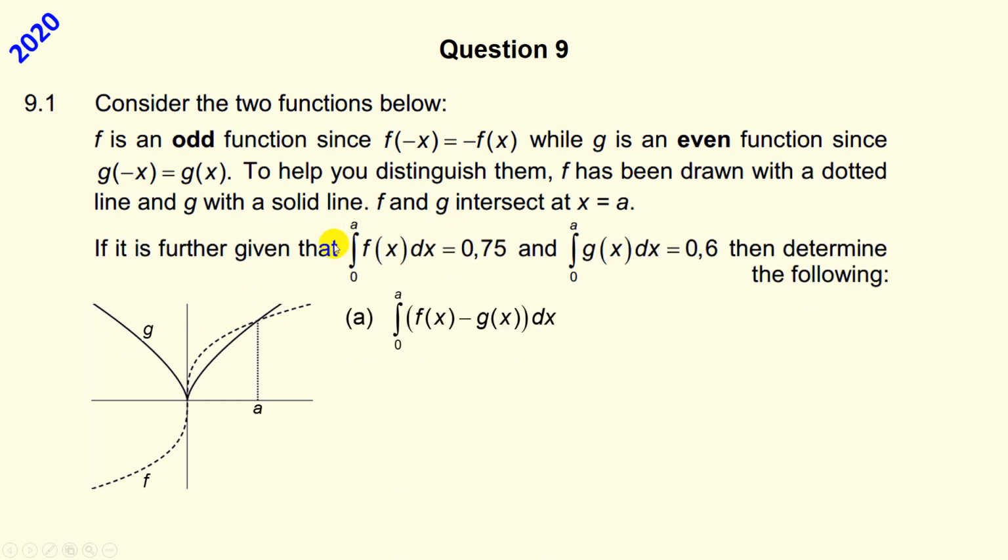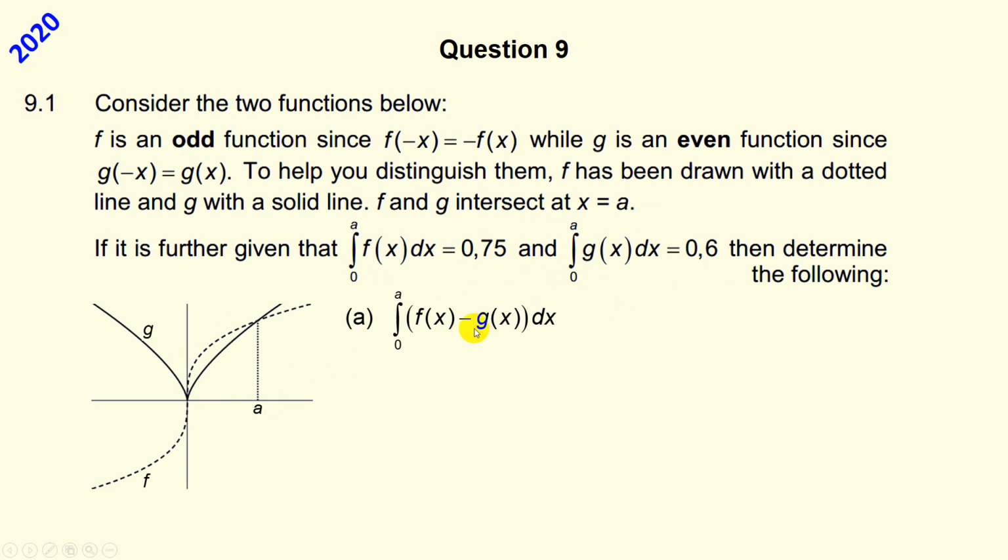Now, it's given that the integral from 0 to a of f of x dx equals 0.75. What that tells us is the area under the dotted line from 0 to a is 0.75. And here it tells us that the area from 0 to a under the solid line is 0.6. So we have to find